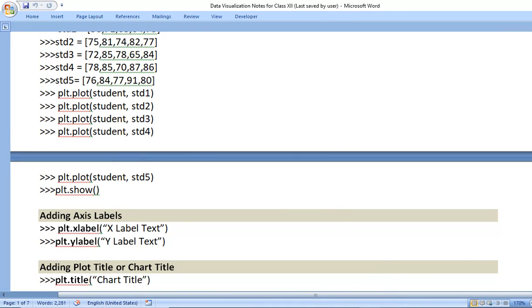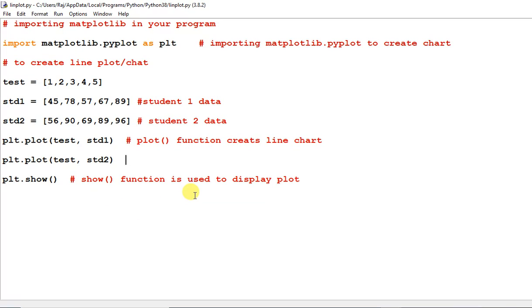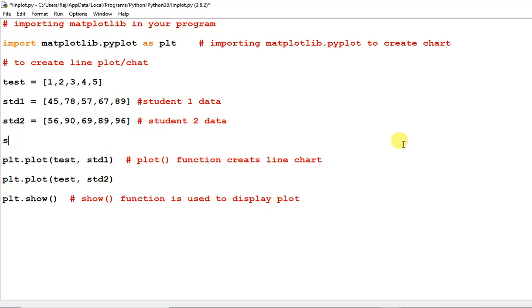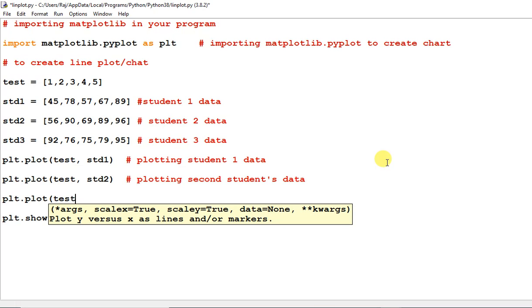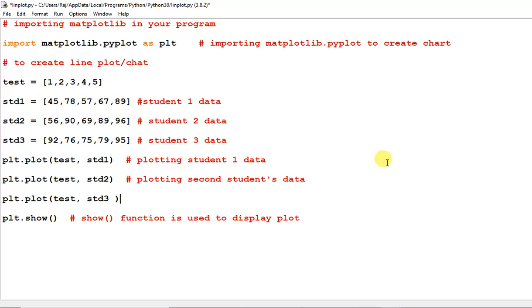Okay, I'll give you one more example. Suppose I want to give one more data value: std3, the third student. So plt.plot test and the student 3, and this is plotting the third student's data.